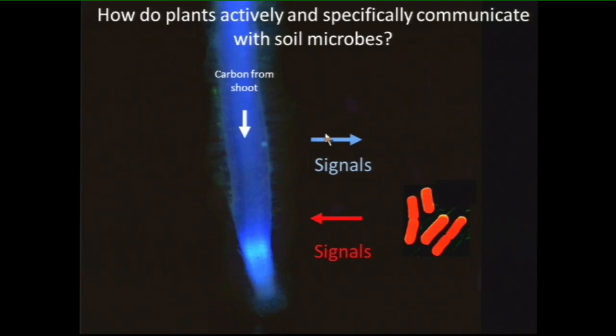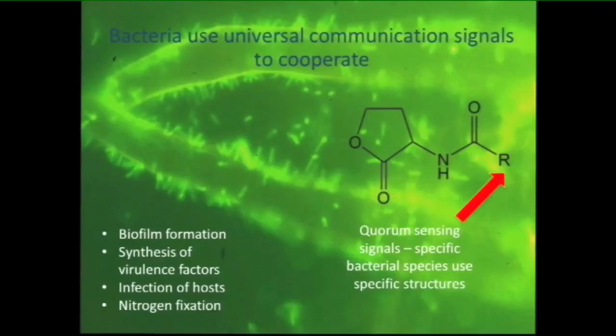There are very specific signals that the plant sends out to the bacteria around it to attract certain ones, to exclude other ones, to switch genes on inside the bacteria that make them perform certain functions. And in return, bacteria produce a whole lot of signals that are required for them to be recognized by the plant, to infect, and so on. And I want to talk about one of these signaling systems that we've discovered to occur between plants and bacteria that could be of very broad importance.